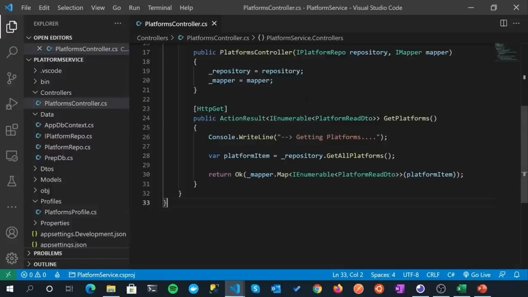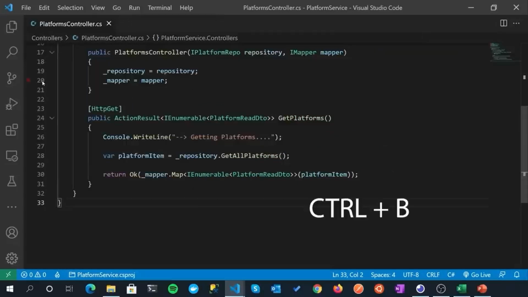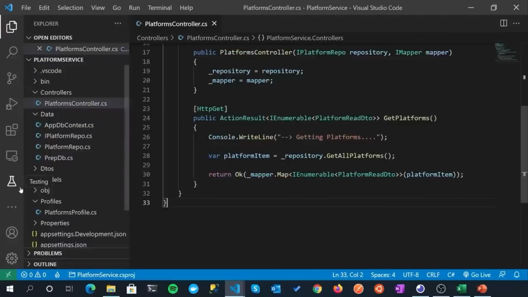So what I'm going to do is get rid of the sidebar, and I just pressed Control and B to get rid of that, and you can toggle that on and off. We're not going to be moving around any of our files for this last section.